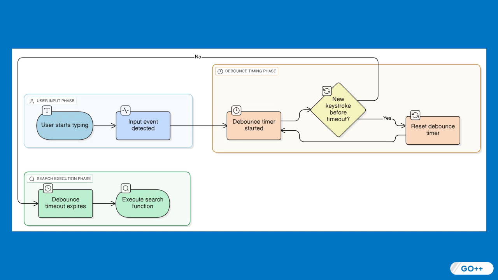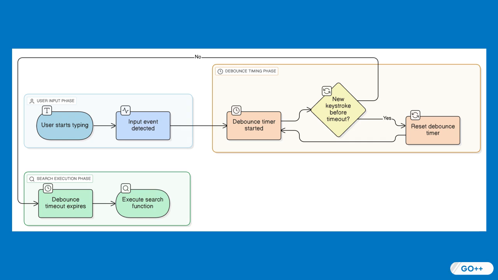Imagine the modern web application as a bustling city intersection at rush hour, with cars representing user events: each keystroke, click, or scroll. If every car, every event, tried to pass through immediately, chaos would ensue: traffic jams, honking, and delays. Debouncing in JavaScript acts like a smart traffic light, spacing out the flow so only the necessary cars proceed after